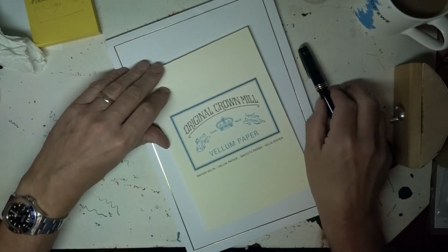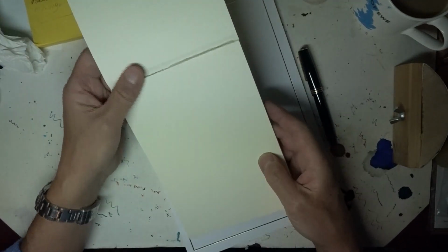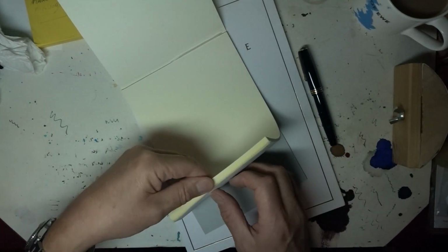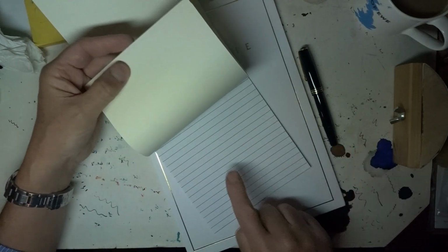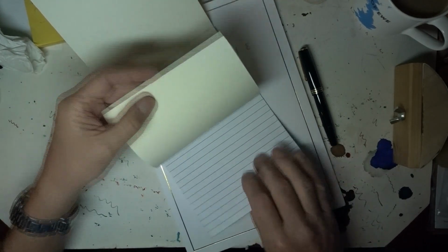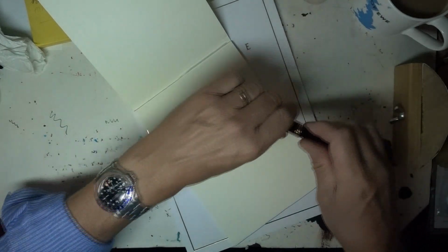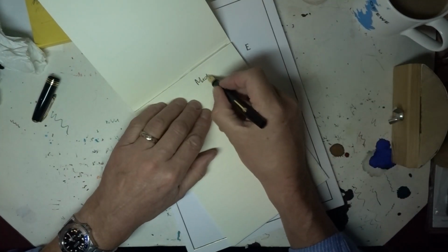First of all, Crown Mill. Now, this is a sort of yellowish paper. I rather like the colour. It appeals to me. You can always, with these notebooks, pull out a set of lined paper, stick it underneath each sheet, and then you can see lines. Almost all notebooks come with this, which makes it just that little bit easier when you're writing something. So let's say